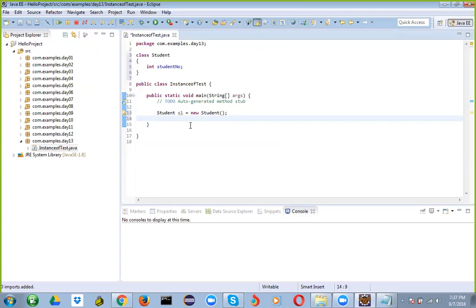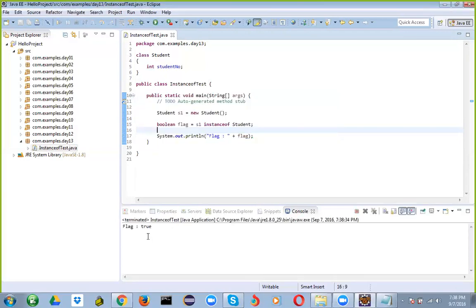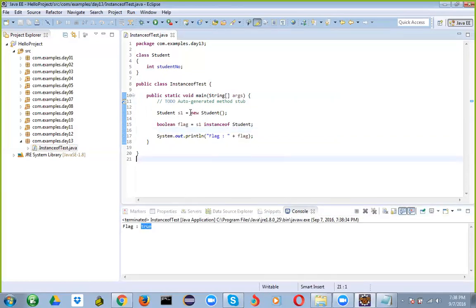We created an instance. Now I would like to check whether S1 is an instance of student. True, right? Suppose you make S1 null,